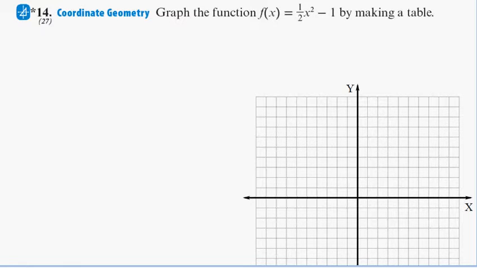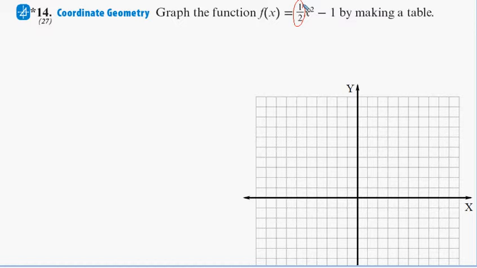Okay, this says to graph the function by making a table. I don't know that we'll necessarily make a table, but we will need to plot some points, so I'll show you as we go along. First thing I want you to recognize is that this is a quadratic function, which means we're going to have a parabola. Notice that because we have a 1/2 here,